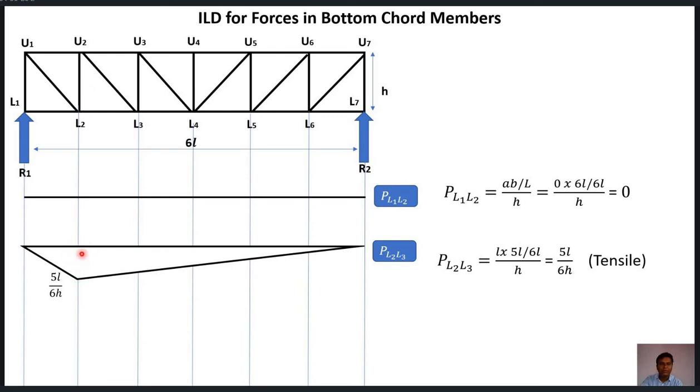Now if you see this diagram, we have shown it on the downward side of this line. Now why have we shown it as downward? Because this force will be in tension. It is just like the concept of a simply supported beam. When it is subjected to sagging bending, all the fibers which are above the neutral axis will be under compression, and all the fibers which are below the neutral axis will be under tension. So same thing for this truss.